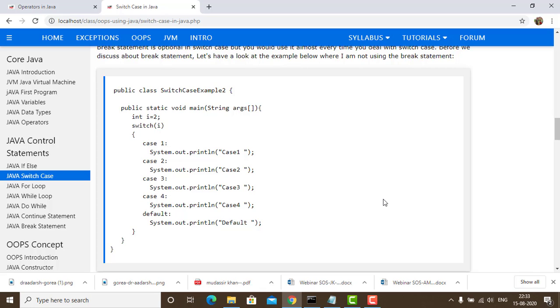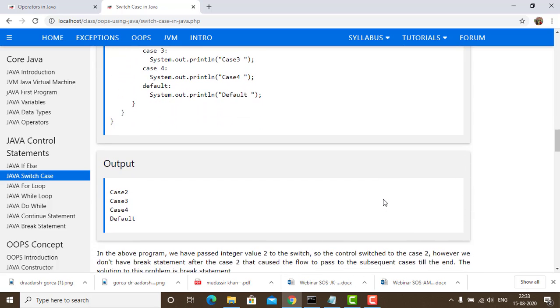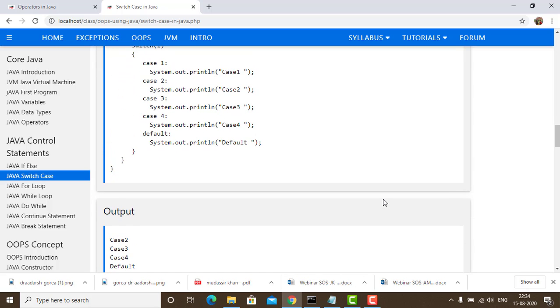Now let us discuss an example. In this case, int i has the value 2. It is going to proceed to case 2. When you look at case 2, it is going to display case 2 as well as case 3, case 4 and the default section, because we have not used the break statement.